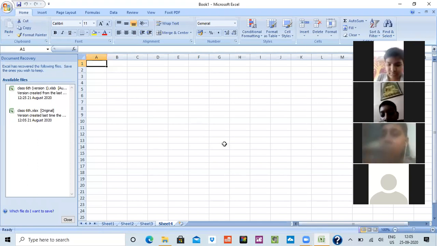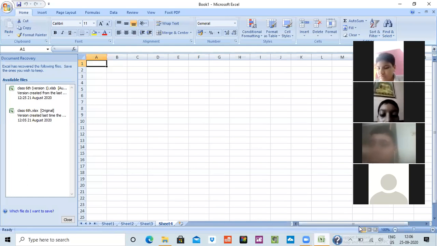I've explained to you workbook and worksheet. Workbook means all the Excel sheets on which we are working, and the sheets which are its parts. And a worksheet is similarly one sheet. Like I'm clicking on sheet 1. This is 1 worksheet. This is 2 worksheet. This is 3 worksheet, and this is 4 worksheet. But the combination of all the worksheets together is a workbook. So you can say that your book is a workbook and all the single pages are your worksheets.